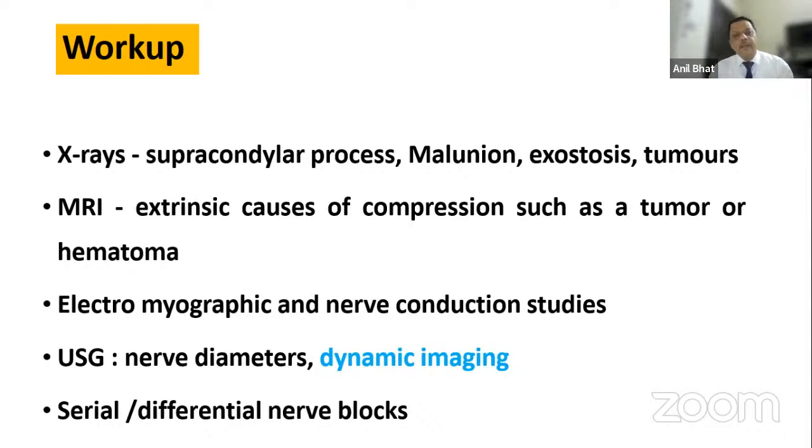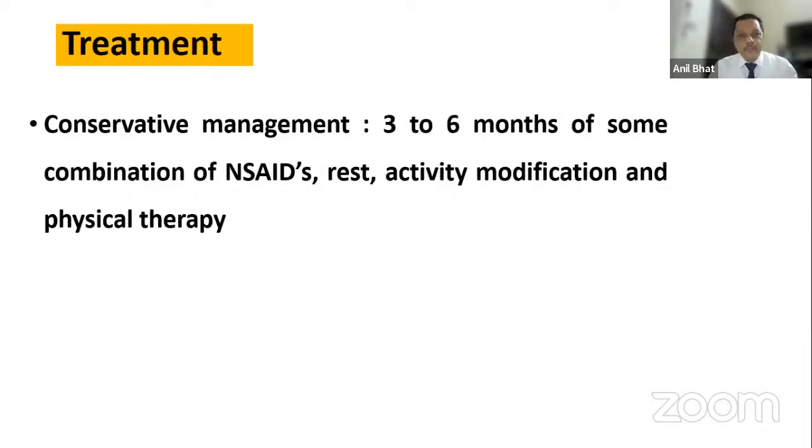The invasive ones, like differential nerve blocks, can be used rarely when there's a lot of doubt about what's happening, and they might give some kind of pointer as to where the compression probably is. Remember, with most of these compressive neuropathies, unless there's a gross neurological deficit, the conservative line of management is the